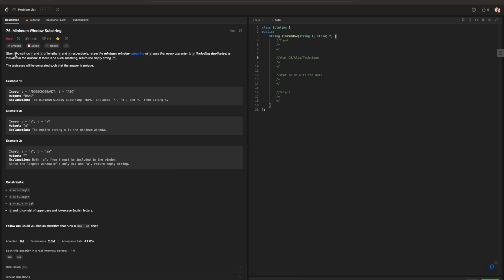So, breaking down the question, given 2 strings s and t of lengths m and n respectively, so we already know what our input is, return the minimum window substring of s such that every character in t, including duplicates, is included in the window. If there is no such substring, return an empty string. Okay, so we know our input and our output, and if we were to go about based on the example,